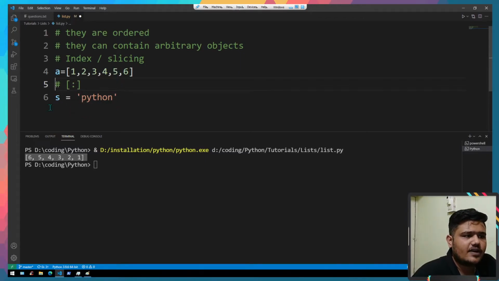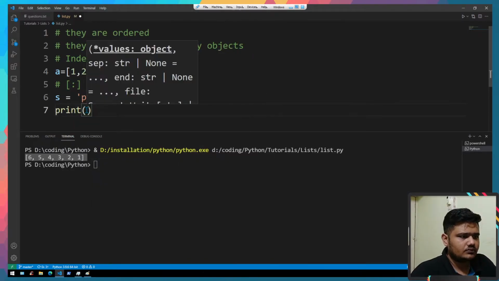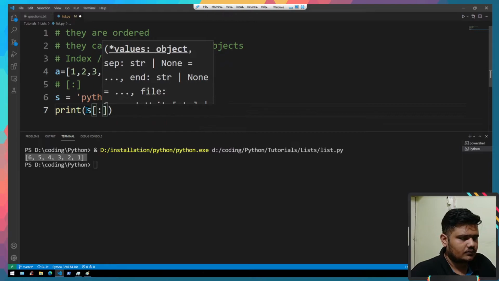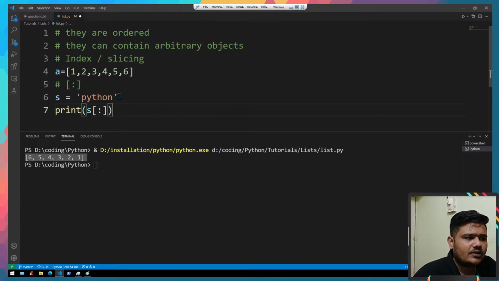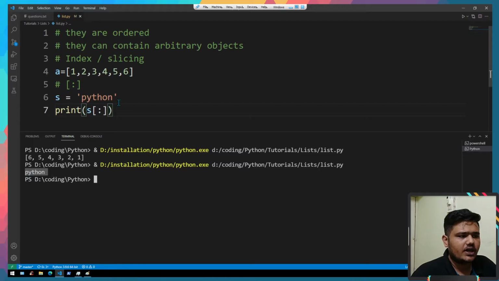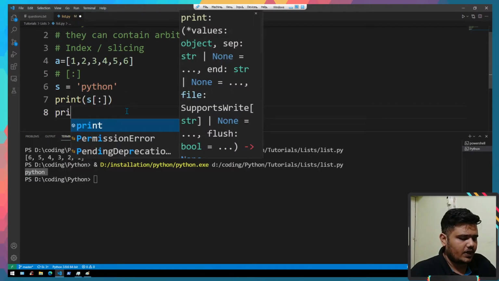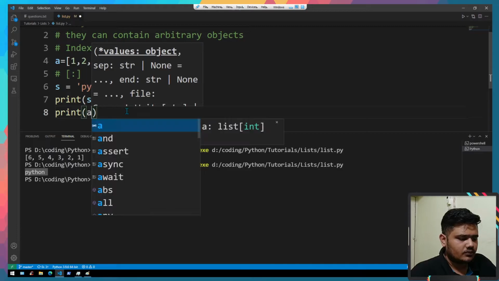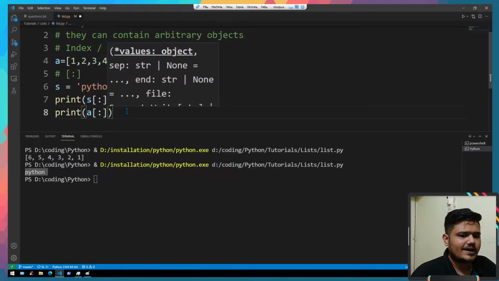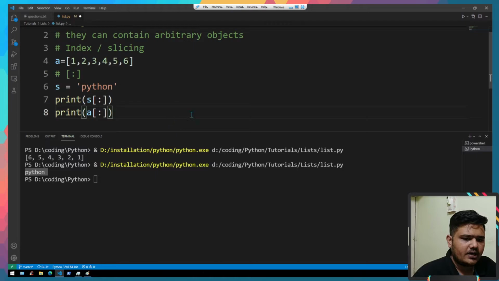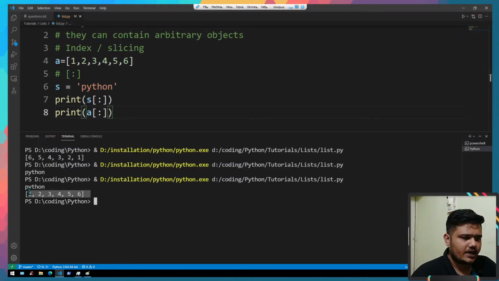We have a list, we have a string, right? Now if we print this, we will get this particular string as it is. If we go ahead and run, see, right? But now if we print this as our list, we are going to get the list itself, right? But